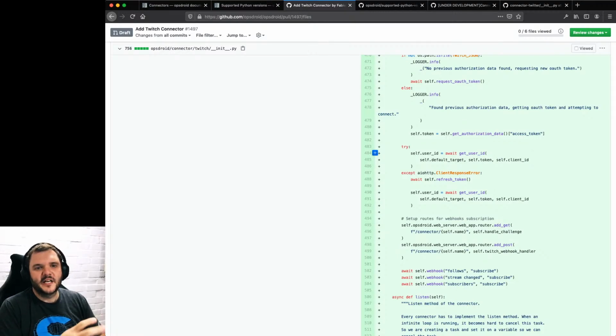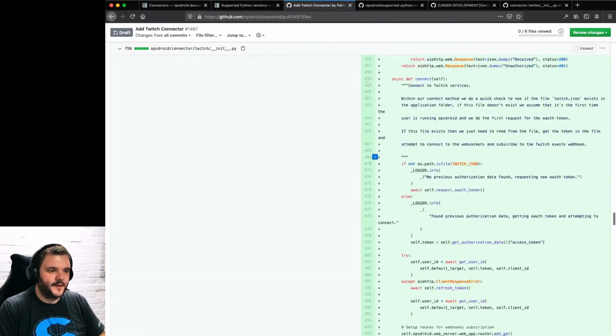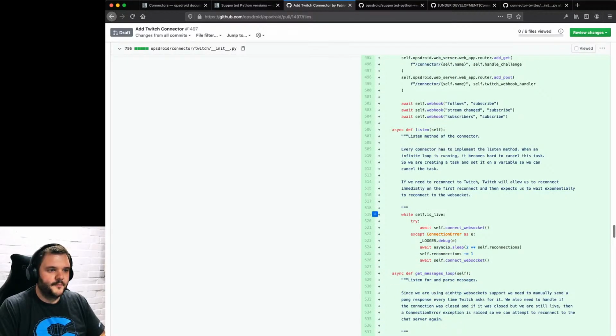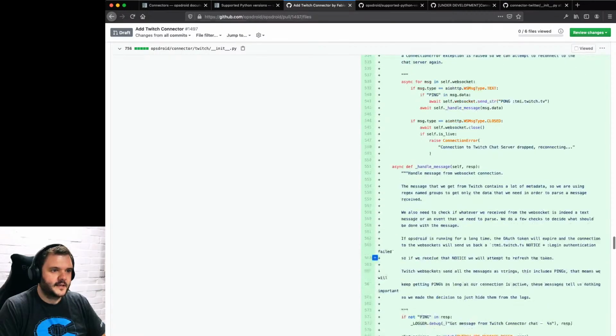Opsdroid has two phases, right? It's almost like Arduino programming, the same kind of idea. You have a function that gets called once to set things up, and then a function that is called repeatedly on a loop forever. Here you have this connect function where you set things up, and then a listen function. You actually have to do your own loop, but the listen function will get called when Opsdroid goes into listening mode. And there's also a disconnect function that will get called when we disconnect.